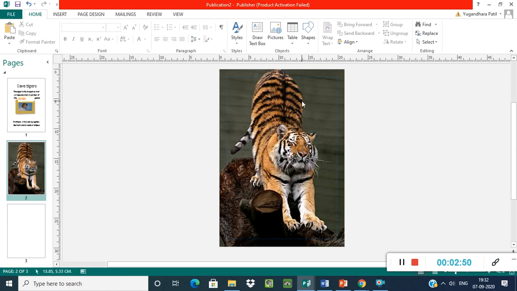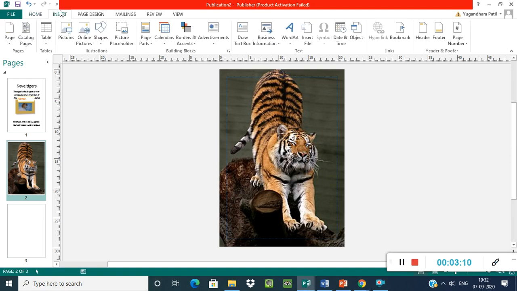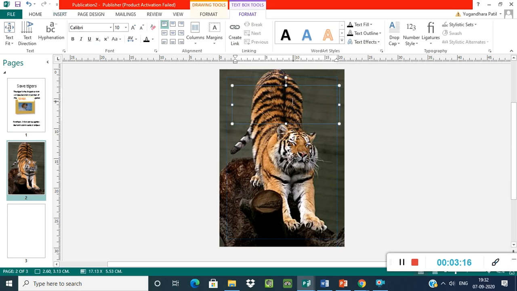So you cannot delete this picture now. See, you cannot move this picture now. Understood? This is the fill background picture. After this, now if you want to write on this image, then how to write? Again, go to the Insert tab and you can select Draw Text Box. Draw a text box over here and type here whatever you want.